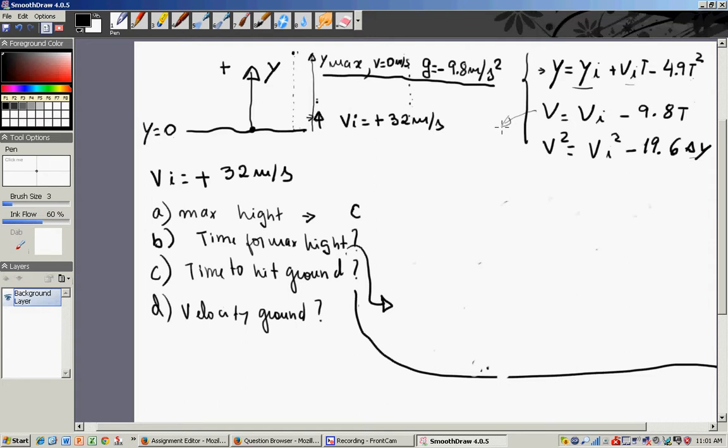Well, look at what I'm going to do. Could I use the second equation? No, because the velocity,